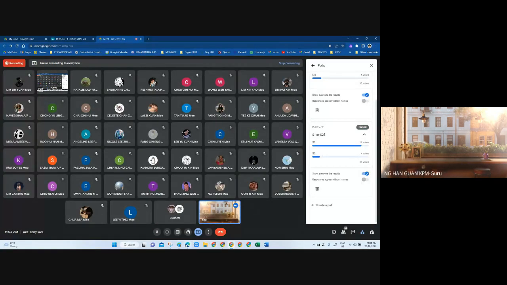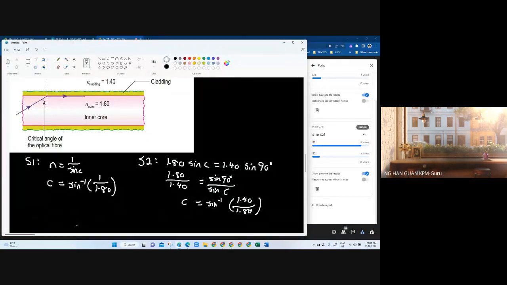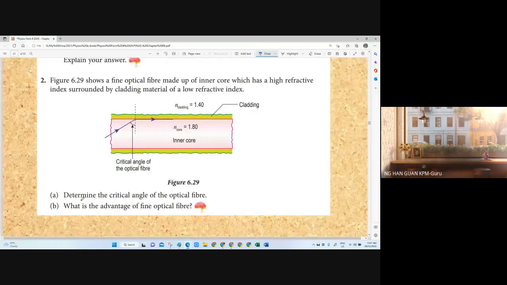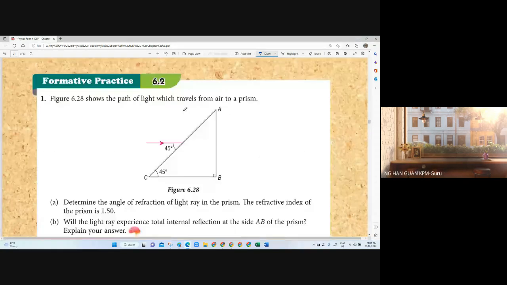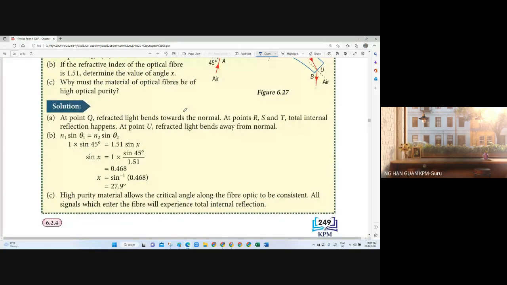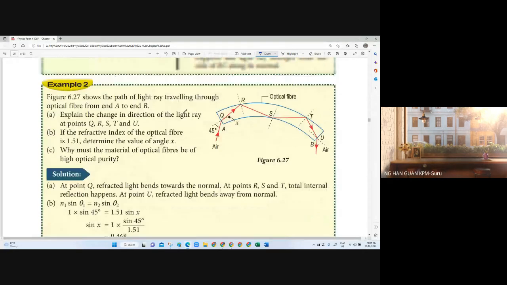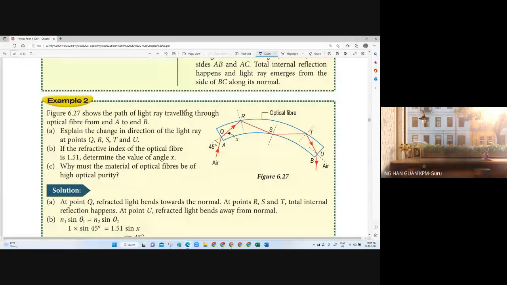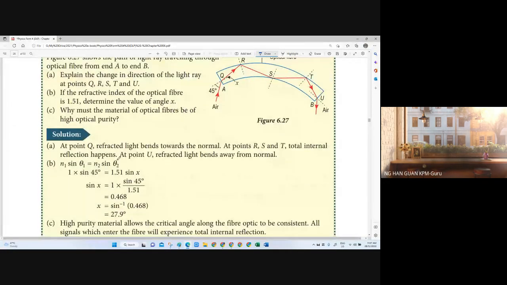Right, so most of you still go through solution 1, right? So regarding these questions, determine the critical angle of the optical fiber here. From what we learned before, you see this formula. When we look at example 2, if the refractive index of the optical fiber is 1.51, determine the radius of the anchor x. So in this case,